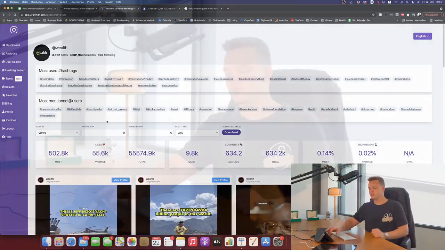When it comes to the market research, we talked about that you should do your market research for two different types of accounts: first of all, for the established ones, and second of all, for brand new accounts. Also when it comes to finding viral content, you should do it for both types of accounts: for established accounts, the top 5 to 10 accounts from your niche, but also for the top 5 to 10 accounts who are brand new, from your niche, right? And once you did that, you're ready to go.